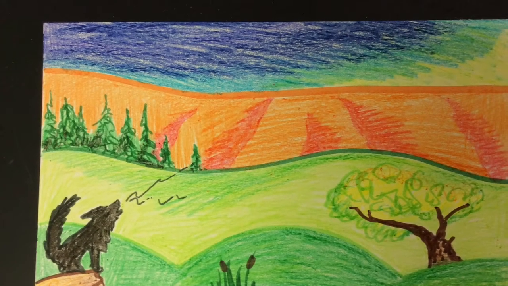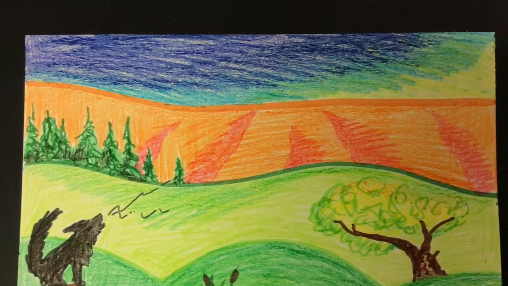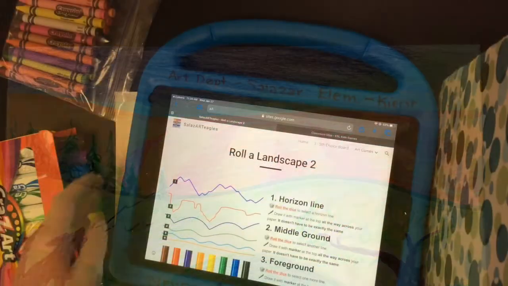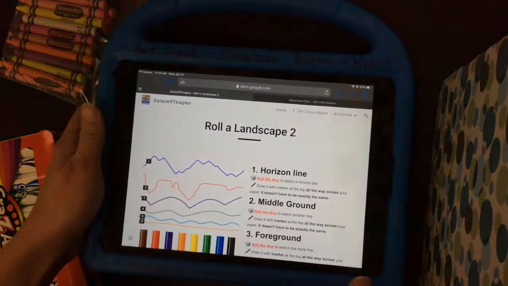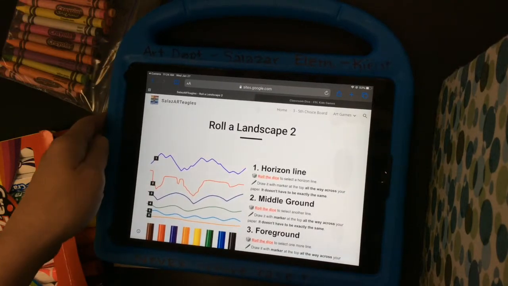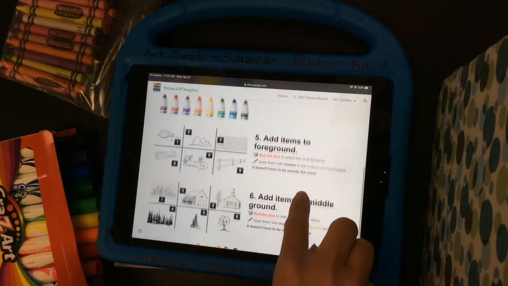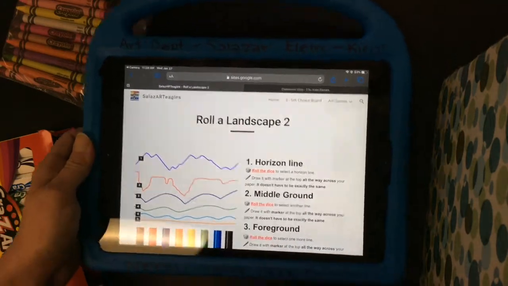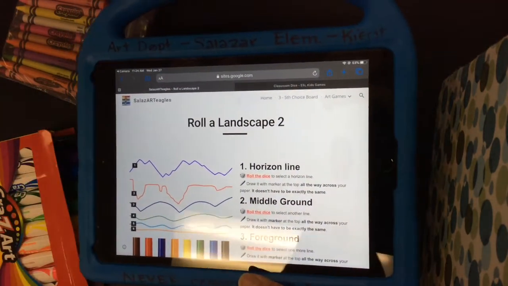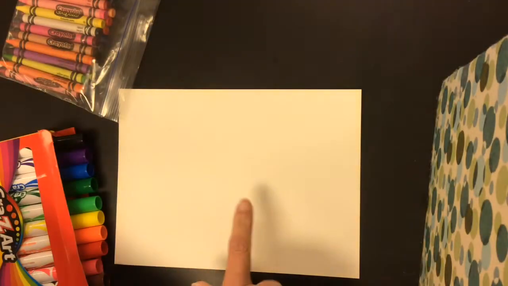Here's how to play Roll a Landscape 2. Right now you're probably thinking, hey, that's just like Roll a Landscape. And it is similar in the beginning, but it's different. I promise, it gets different. So, let's get started. To roll a landscape, you're going to need the website, Roll a Landscape 2, piece of paper,